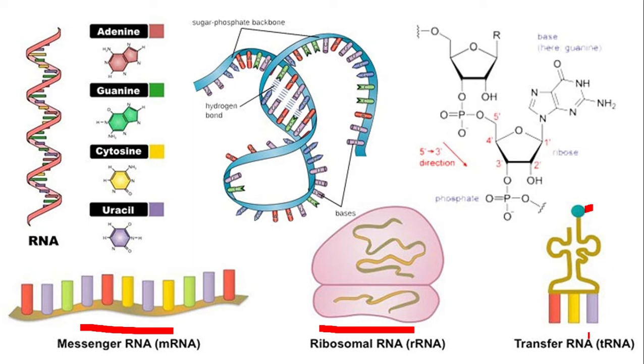Because the transfer RNA has something called an anticodon. You have learned it earlier. This anticodon consists of 3 bases. You know that a codon consists of 3 bases. The anticodon on the tRNA should match with the codon of the mRNA. Then only this amino acid will be accepted.